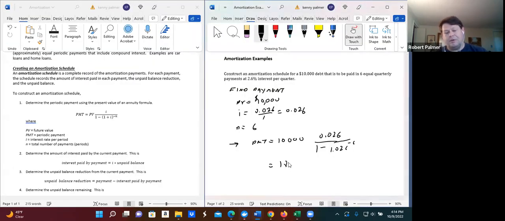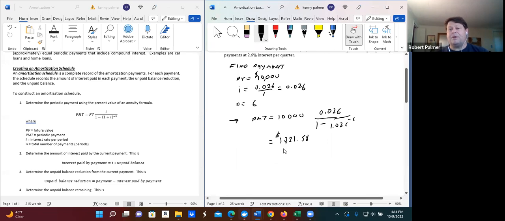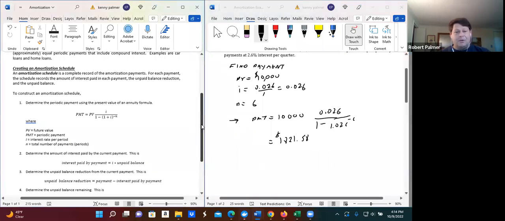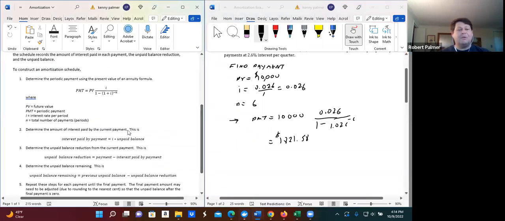Equal to $1,821.58. Okay, so that's the first part. That's the payment. Now, what we're going to do for the schedule is that's the amount we're going to pay each month. As we'll see, you may possibly have to adjust the very last payment to make the balance come out correctly. But then what we do next is we'll determine the amount of interest paid by the